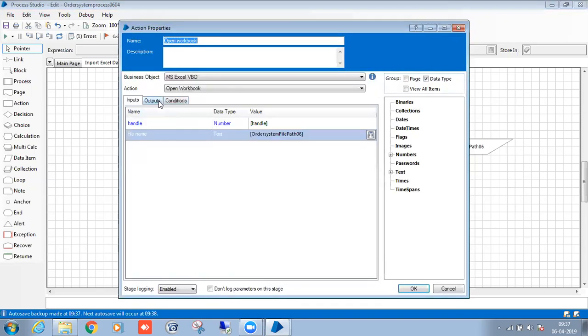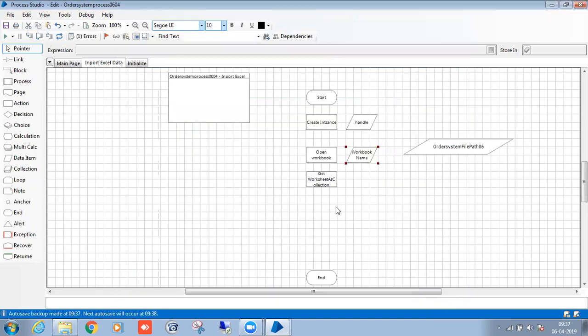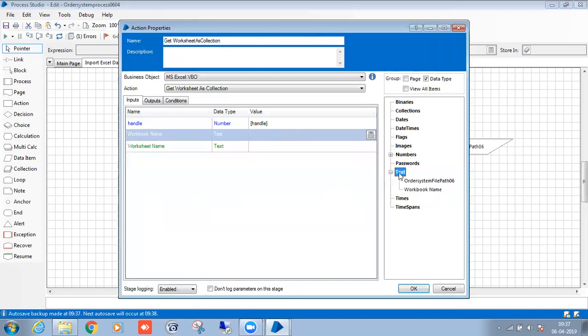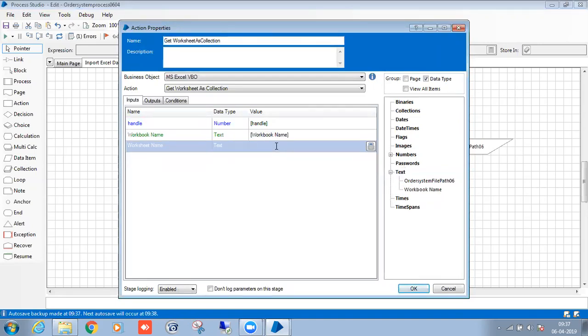Open workbook should have the workbook name, so we have to pass the workbook name in the worksheet name.